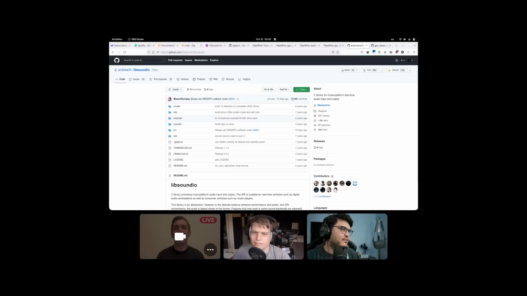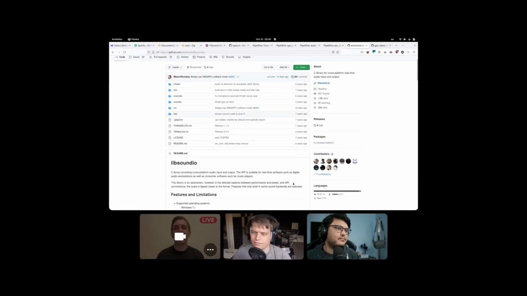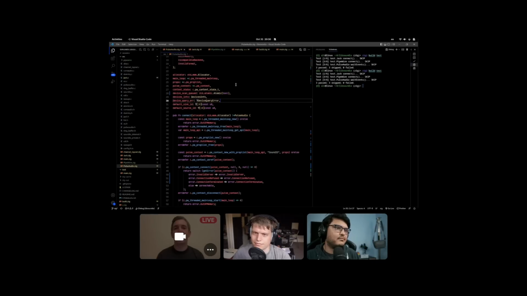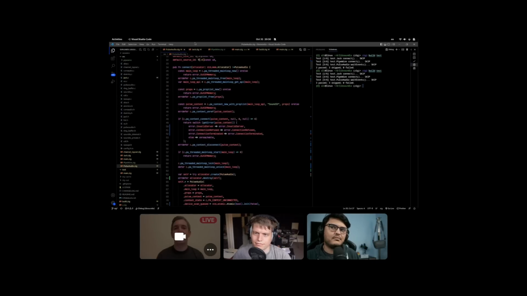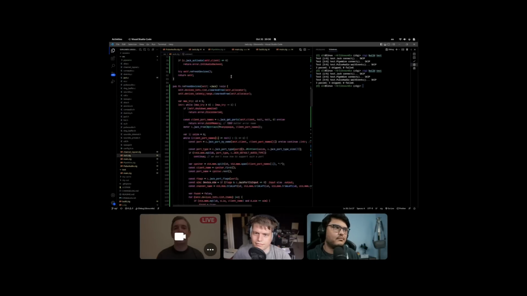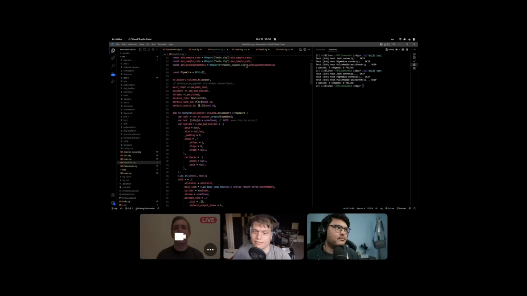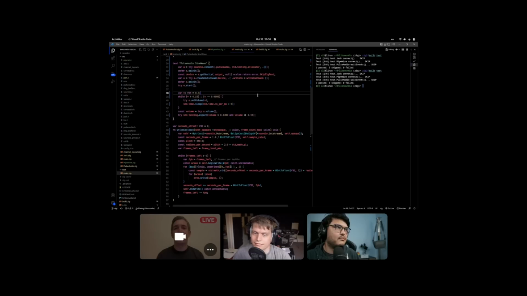Hello everyone, I am working on a rewrite of libsoundio in Zig, which is a cross-platform C library for audio input-output. And yeah, it's made by Andrew. The PulseAudio backend is functional, JACK and PipeWire are still work in progress, and other backends such as WASAPI, ALSA and CoreAudio are planned.